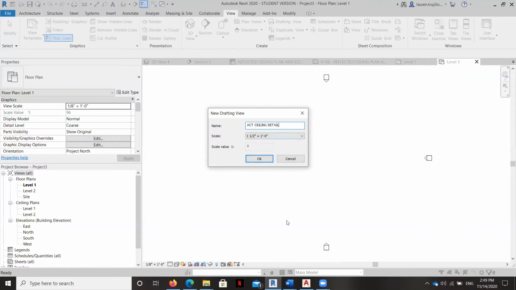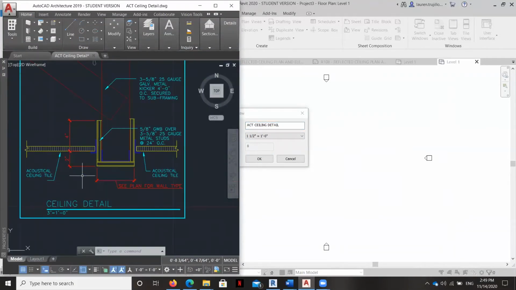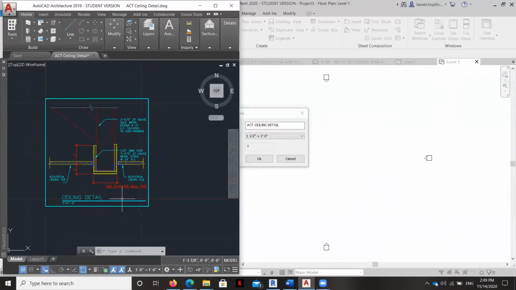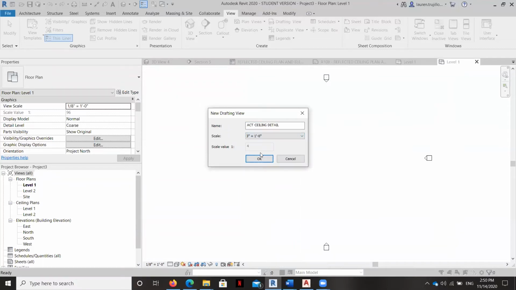Now I know that this detail was drawn at 3-inch scale, and I'll show you how I know. This is the AutoCAD file that we're going to be working with. Okay, so this was one that was created a long time ago in AutoCAD before the firm switched over to Revit. But there's a lot of legacy information that exists in AutoCAD that's still useful for firms. So that's the file that we're going to use in case you don't have AutoCAD. And so when I bring in that detail, I'm going to bring it in at 3-inch scale. Otherwise, it's going to come in wonky. If it's drawn at one scale in AutoCAD and brought in Revit at a different scale, it won't look right. So let's go ahead and hit OK.